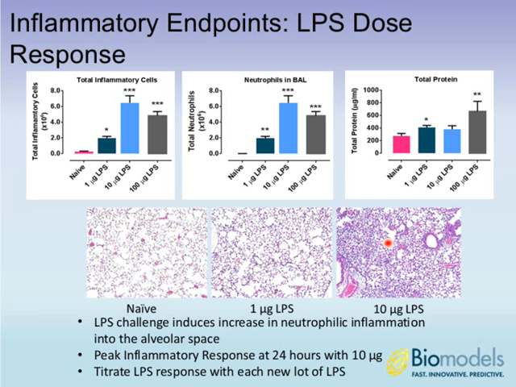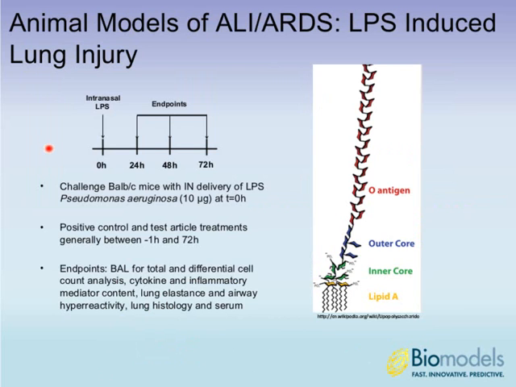And you can see from the histology as we increase the LPS amounts, we see more infiltration of inflammatory cells. In general, because of this relationship, we like to treat the animals with the peak response, so we'll titrate each new lot of LPS that we get in at Biomodels. I'd like to just present the time course of acute lung injury from LPS. In this case, they were dosed with LPS at time 0, and we looked at inflammation at 24, 48, and